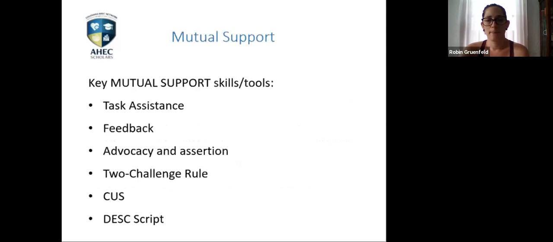All right, mutual support. Another teachable skill in the TeamSTEPPS framework, in addition to communication and leadership, is this idea of mutual support. And there are many tools in mutual support. There's task assistance, feedback, advocacy and assertion, the two-challenge rule, CUS, and DESC script. I'm not sure if they call it "desk" script or what, but